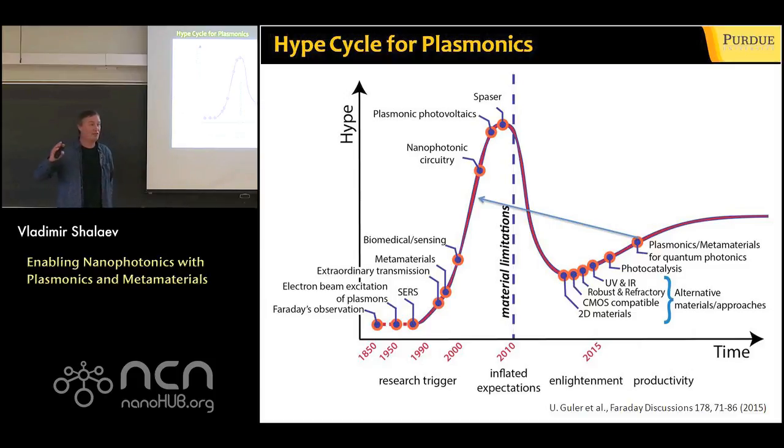People at that time didn't have lasers, so, as we already discussed, when the electron beam goes through a metallic structure, it excites these surface plasmons. A very important thing in source development in the late 70s and later was surface-enhanced Raman scattering, and people like Martin Moskowitz or some other people showed that